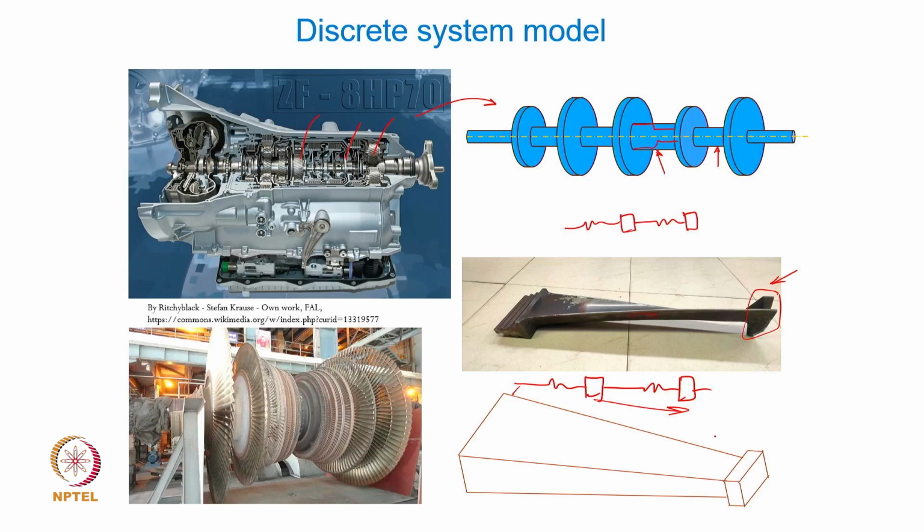A cantilever like this may also be represented by modeling it like a distributed parameter system, wherein the mass and the stiffness property will be a continuous function of the variable x, which is defining its position all along the length. So those kind of models are called the distributed parameter, where you can't discretize and then lump them